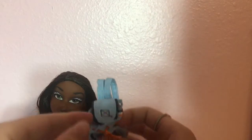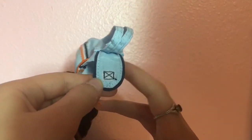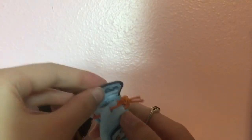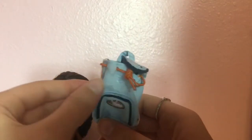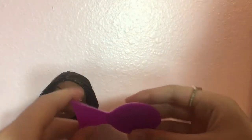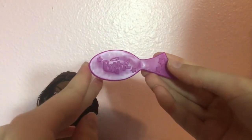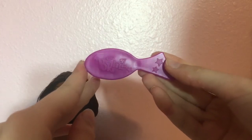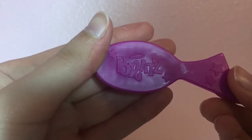The Velcro is on the opposite sides of each other. So there's one on the top of the bag, which would mean you would have to fold in the top flap. But then there's one on this side of the bag, which would mean you would have to bring the flap over. But there's none on the inside. So you can't Velcro the bag. I'm concerned if they did this with every single bag. I don't mind because I wasn't probably going to close the bag anyways. But I wonder if they did this with every single bag. That's the only thing. I think that would make it not funny, but at the same time kind of